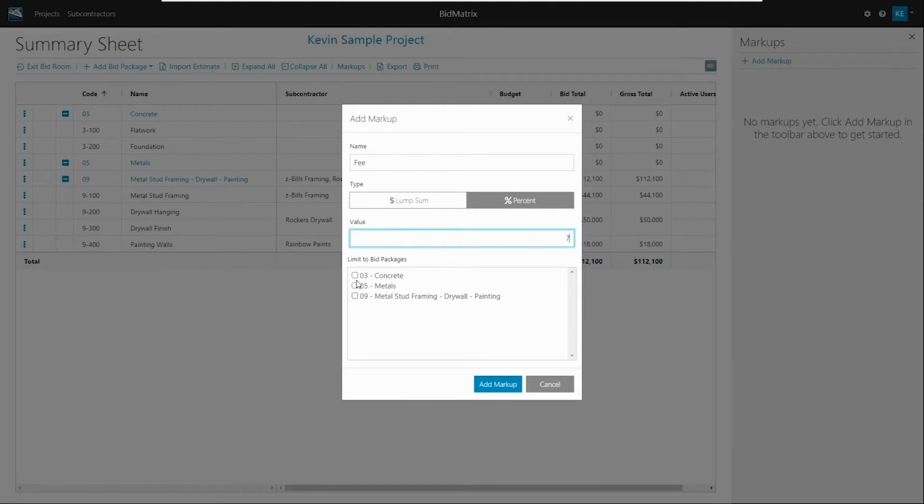And then you can tell it what bid packages it goes across, if it's something that you only want on one particular section. So if, say, work comp has a lot higher insurance rate associated with Division 6 work or something of that nature, maybe I could go in and put some special increase on that. Or maybe I know that one of these is going to be a little bit more questionable, that I can come back and add some percentage to. In this case, I'm just going to say fee is going to be my fee across the whole thing. So I'm going to leave it going across everything.